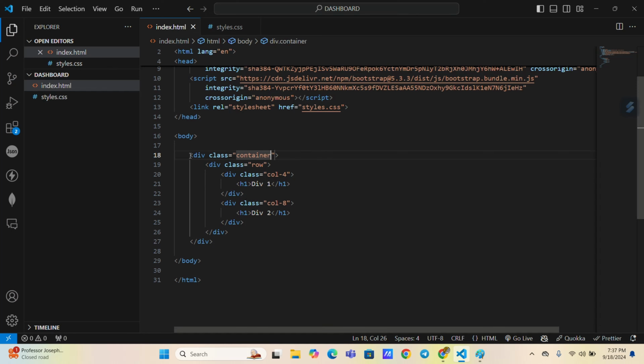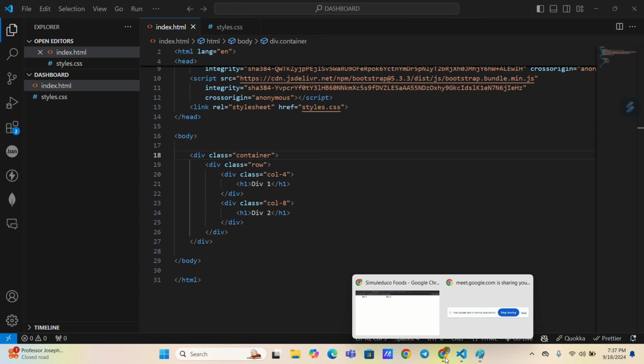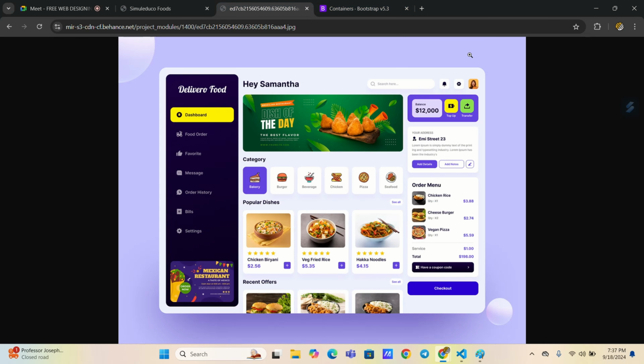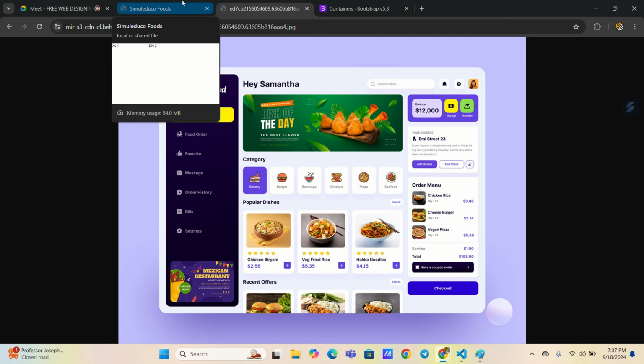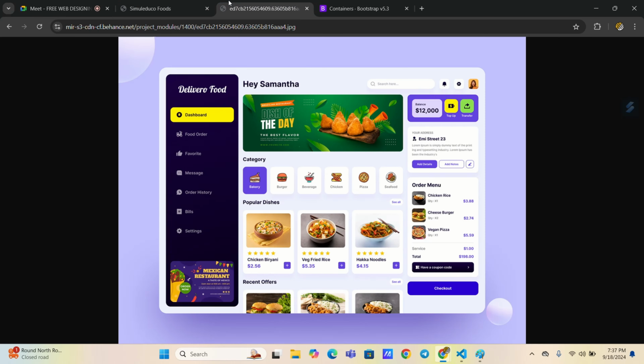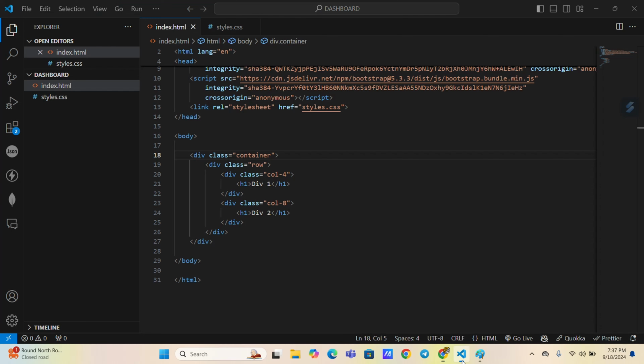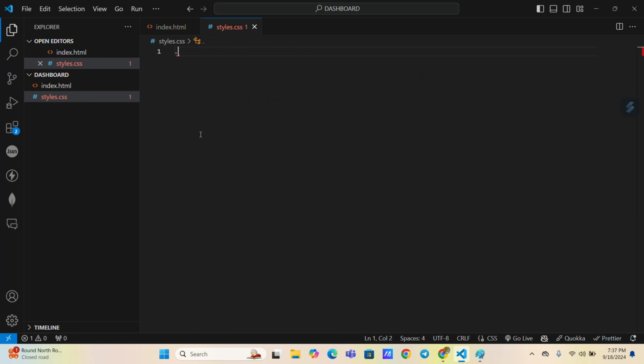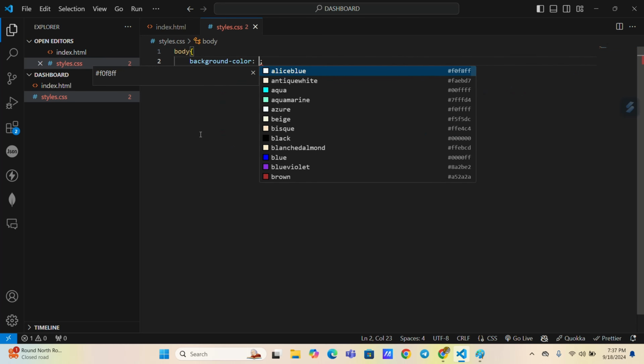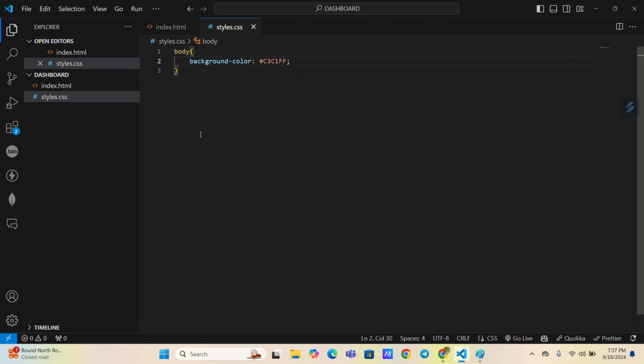We can't directly do it in bootstrap, because this background color is not available in bootstrap. So what we have to do is write css. Okay, let's go and write css. Let's go to sidebar css and write dot. We'll directly apply to the body tag, background color, and I copied the color, right? So I'll just put that color, and if you refresh it,